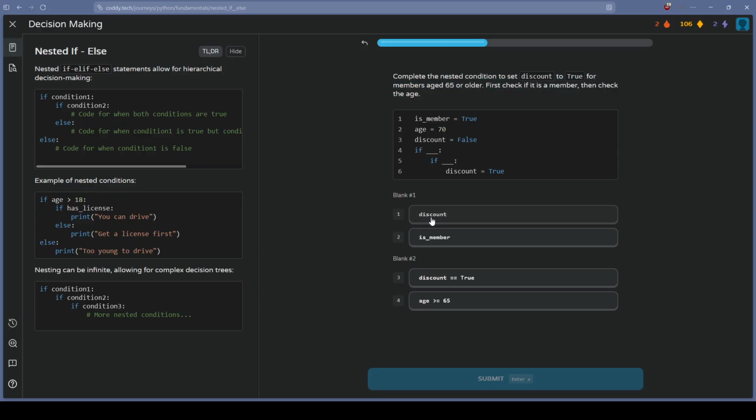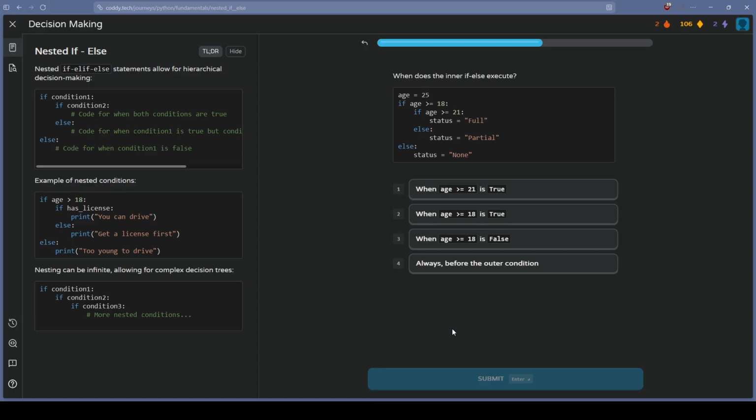From number 65 row order. Okay, so set discount. If is member, we're gonna check if they're greater than 65. If yes, then true. What does enter if else execute? When age is greater than 21, it's gonna